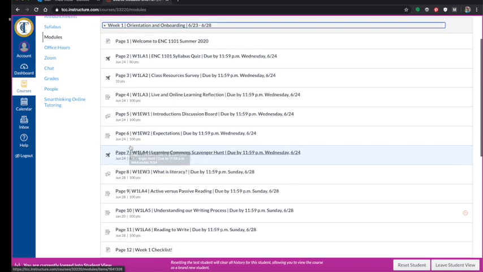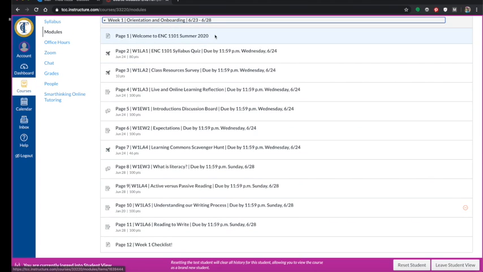But more importantly, here's what I want you to recognize. If you get to a page that has a due date behind it, it means that that is an assignment that must be submitted, and it must be submitted by this due date. So if I start on page 1,